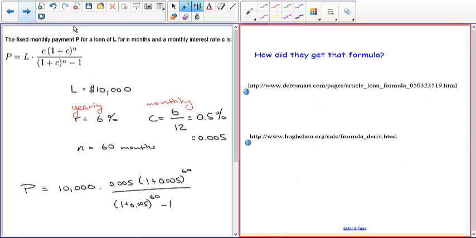Okay. Yeah, how do they get that formula? You basically take that formula for compound interest, kind of flip it the other way around, and you solve the equation for the payment. Sort of, it's not exactly the same, but